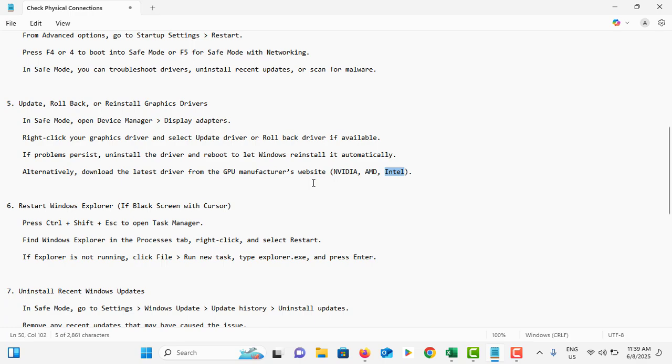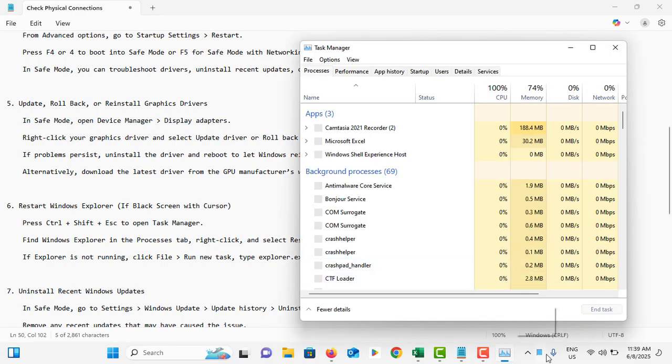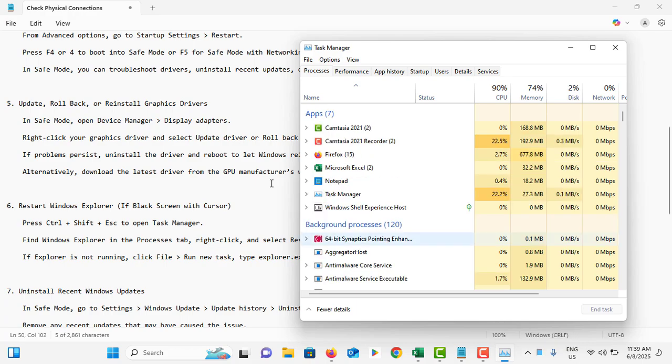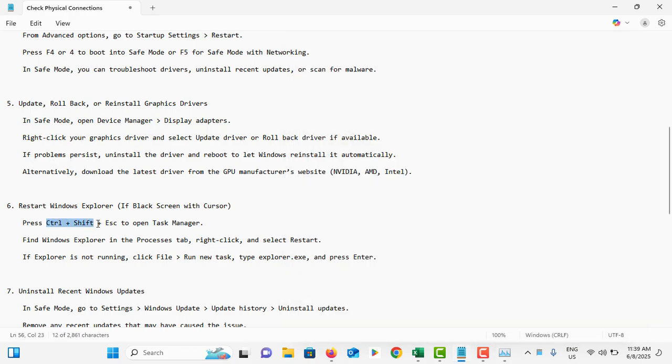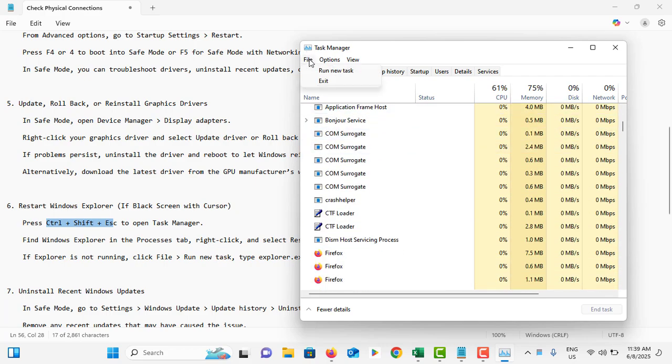But if you are experiencing a black screen with a cursor, not a complete black screen, you can do this. First you need to right click on the taskbar and go to task manager. But we can't see the taskbar either. So in that case, you can press Ctrl plus Shift plus Esc. In the same way, you can go to the task manager like this. Then you need to find Windows Explorer. Scroll down, or otherwise you can go to File